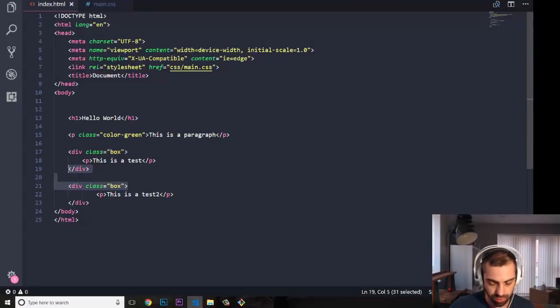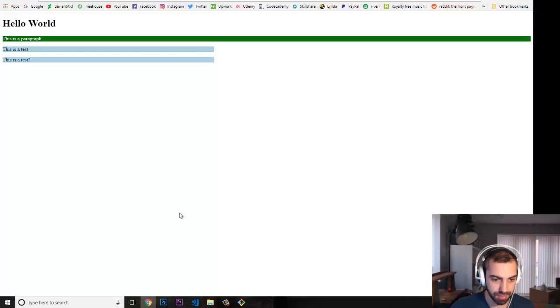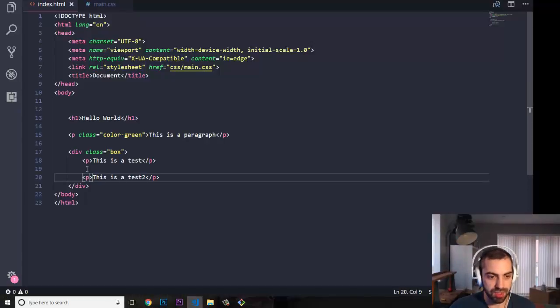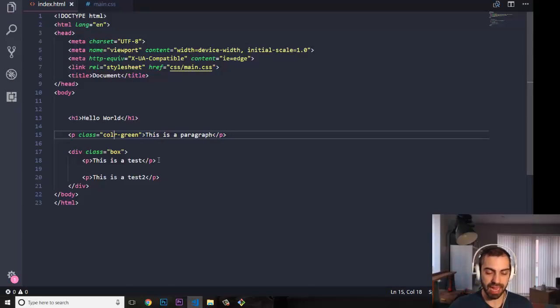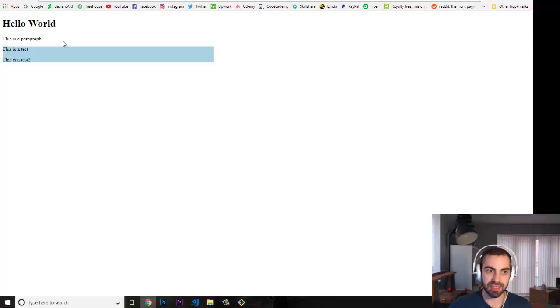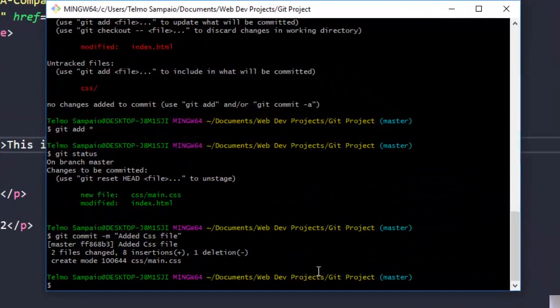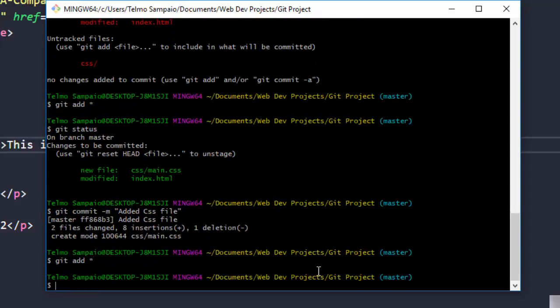No, actually I just want to keep one of these. Okay, let me just do this, refresh. Okay, so we got this div in here with the background color of blue and two paragraphs inside, and let's say that I'm just working on, and all of a sudden I deleted this by mistake. So I'm going on and I say, wow, why is this not working anymore? I don't know. I'm going in here and I'm going to put git add star. So I add all the files, and then I'm going to put git commit -m, and I'm going to put added class